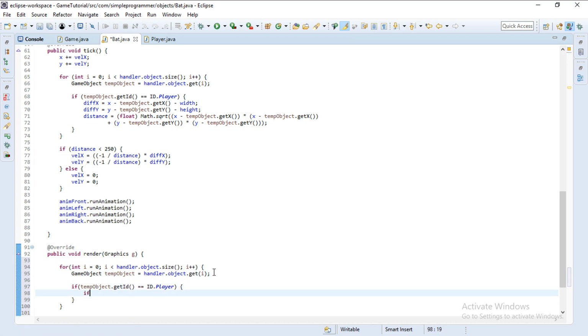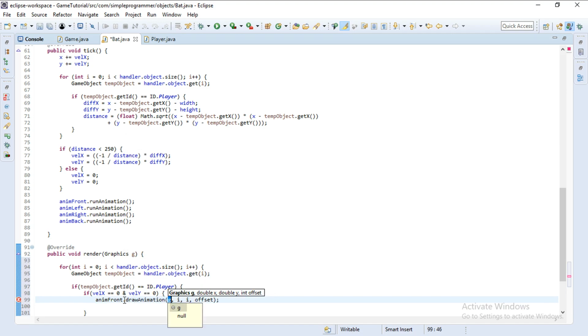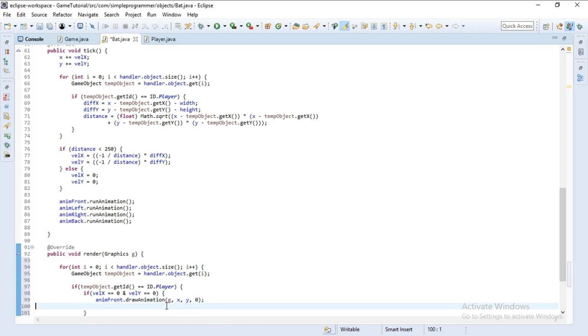First, we're just going to check if both our velocity X and velocity Y are equal to 0. Then we're just going to draw the animation where it's facing forward. So animFront.drawAnimation(g, x, y, 0). Okay, there we go. Then we're going to do else if,